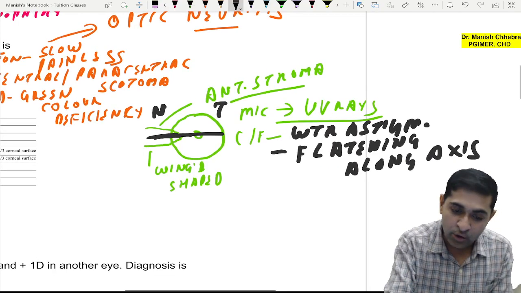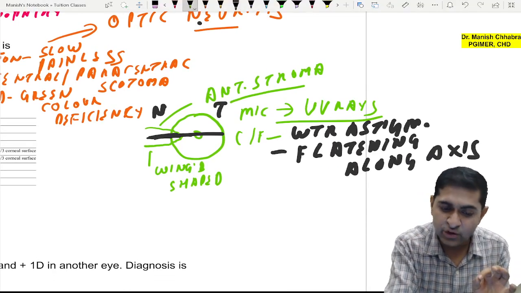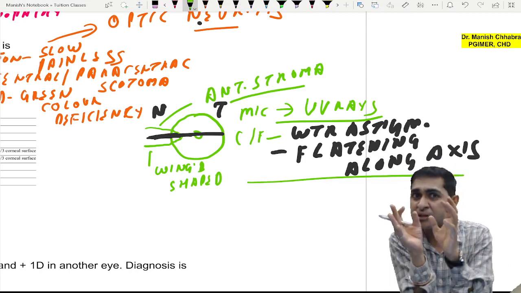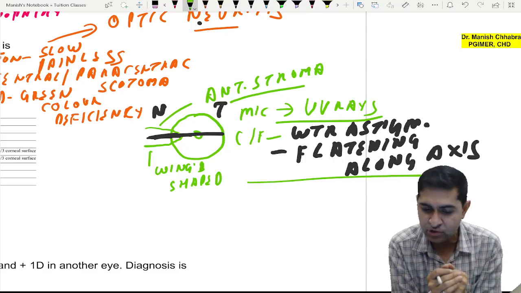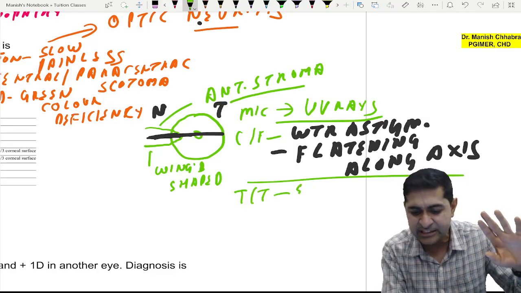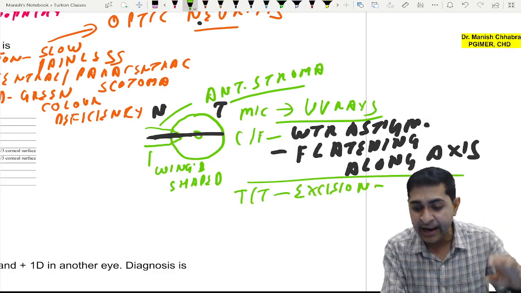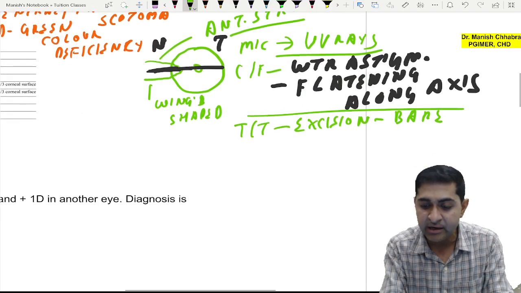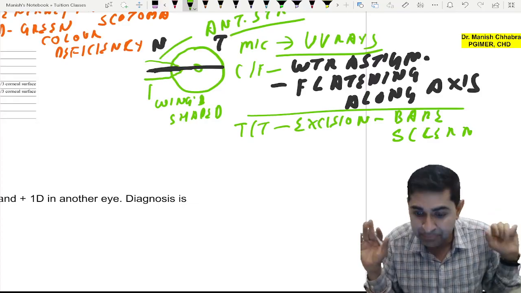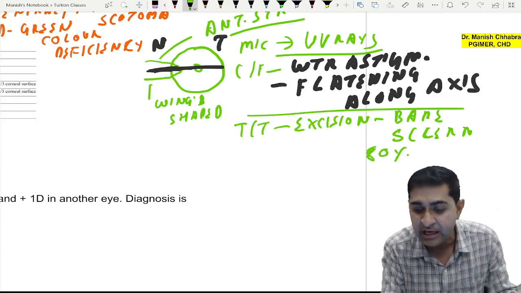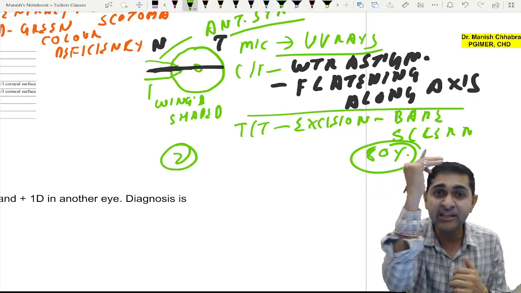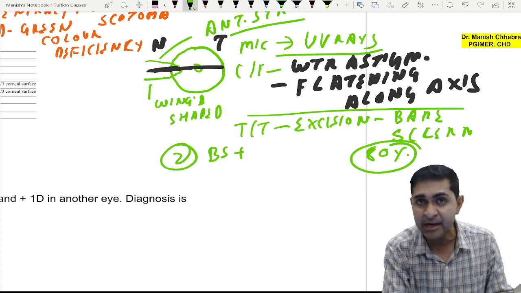Done. Okay, now since we are talking of pterygium, can you tell me what is the treatment of pterygium? I am doing just a little bit of touch and go so that I am able to cover a few important PYQs. Yes, one is you simply excise it. You call it excision, and the name of the surgery is the bare sclera technique, because after excision the sclera is left bare, but it has a very high recurrence rate of 80%. But we come up with another surgery which is again bare sclera, but you apply